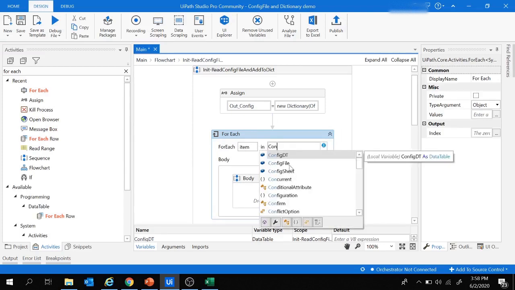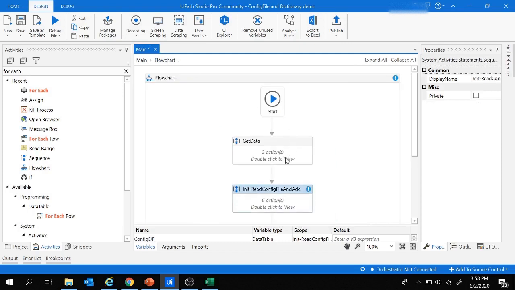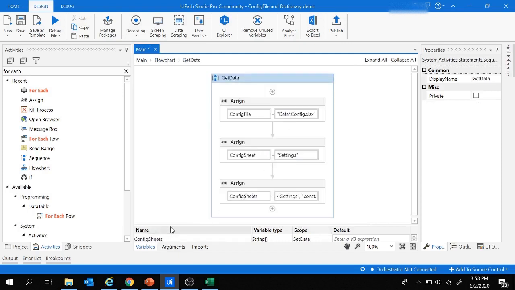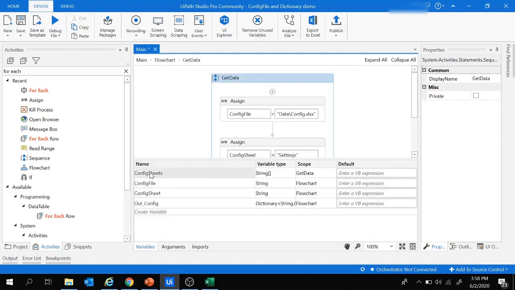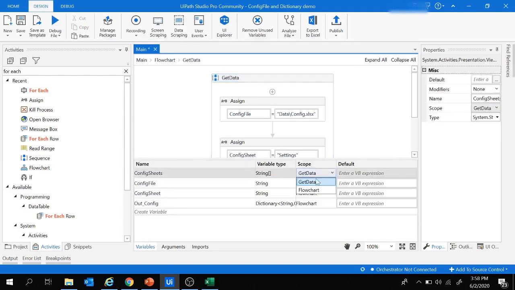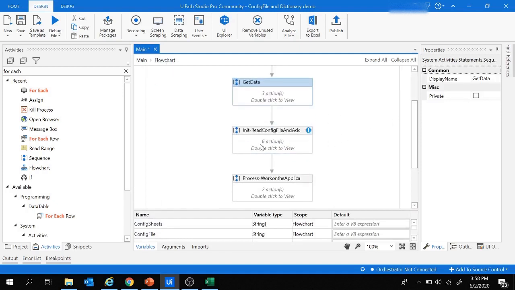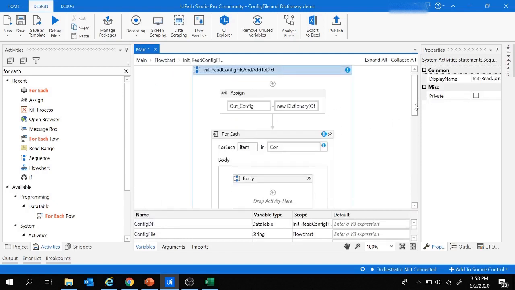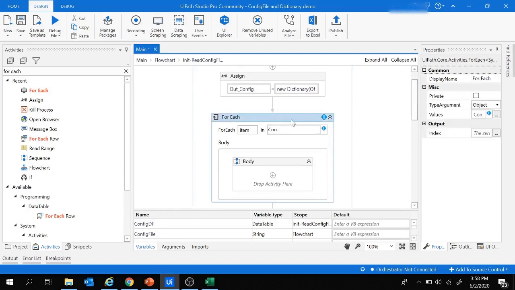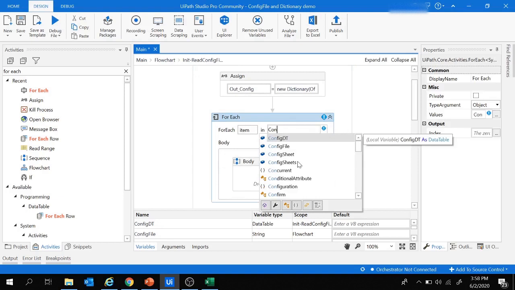The config sheet is not present here. Let's move back to flowchart, and from here we need to change the scope of the config sheet to flowchart so that the other sequence can also read that one. So let's move back to init sequence, and here I'm going to provide the for each item under the config sheets.